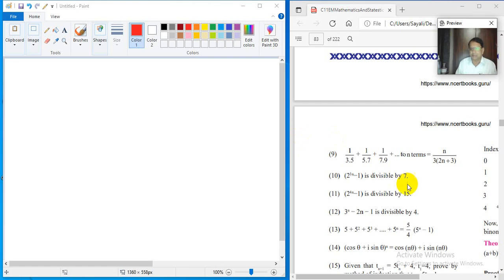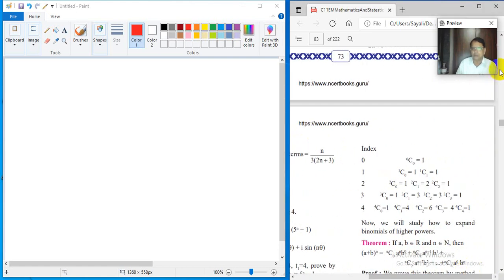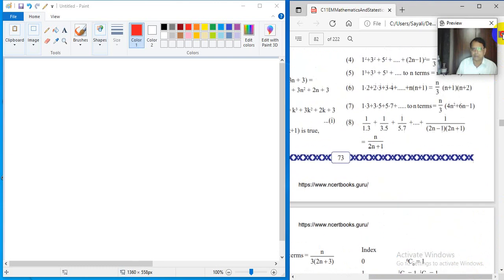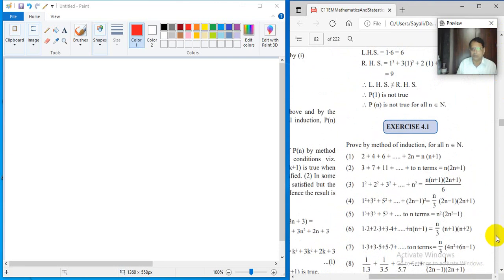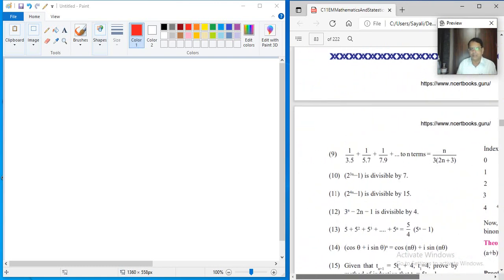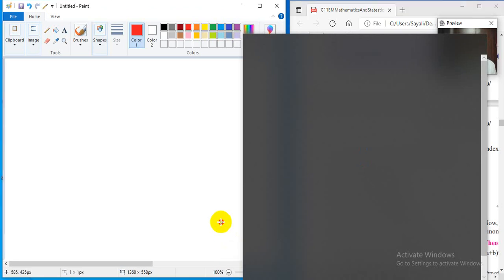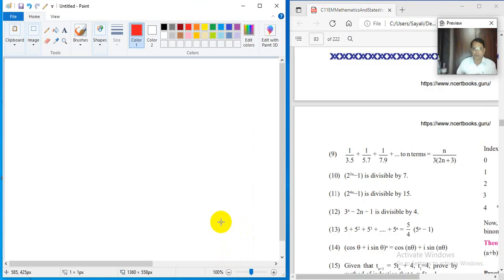What is that exercise number? I think it is the first exercise of chapter 4, so it should be 4.1. Yes, it is 4.1. So from exercise 4.1 we will go for problem number 10 directly, because previous problems, that type of problems we have already discussed, so it is not new to us. Okay, so problem number 10, it tells you what you have to prove is,